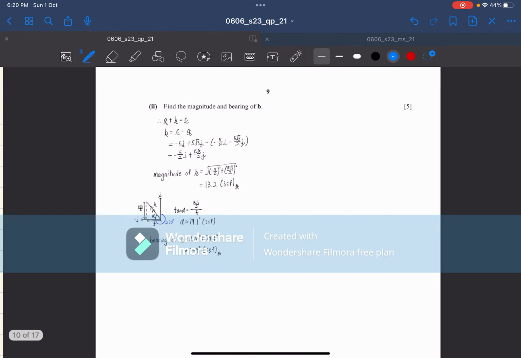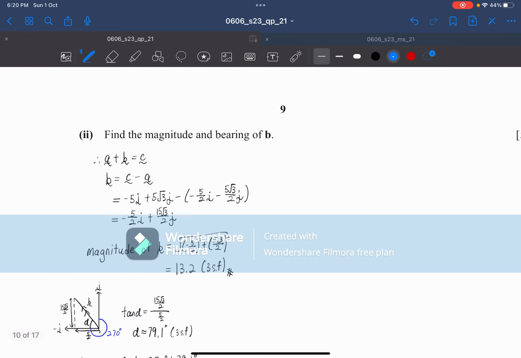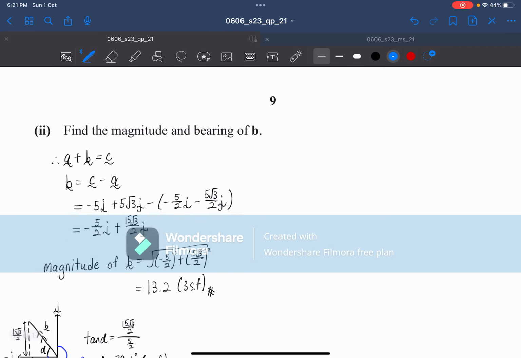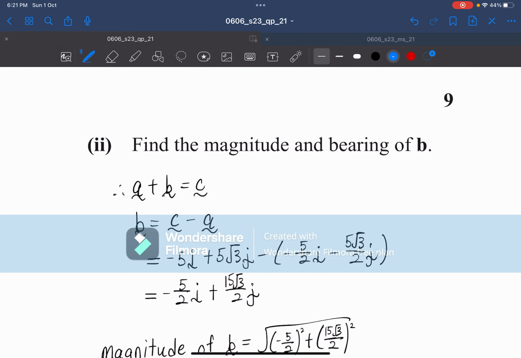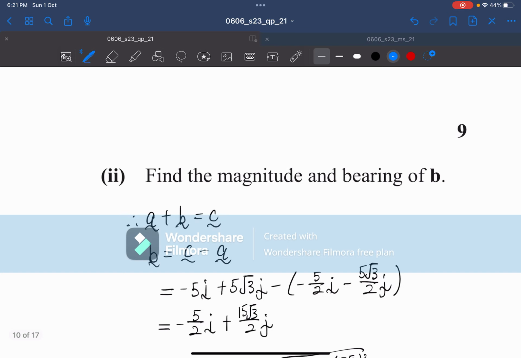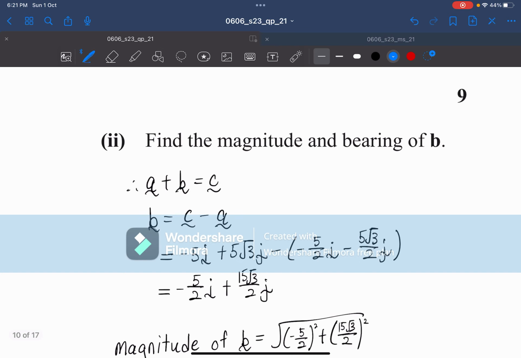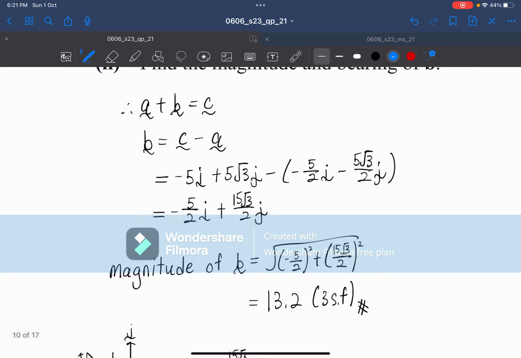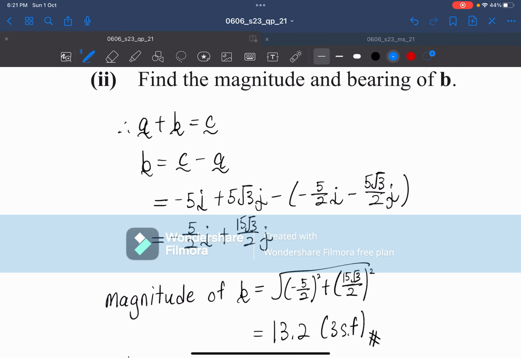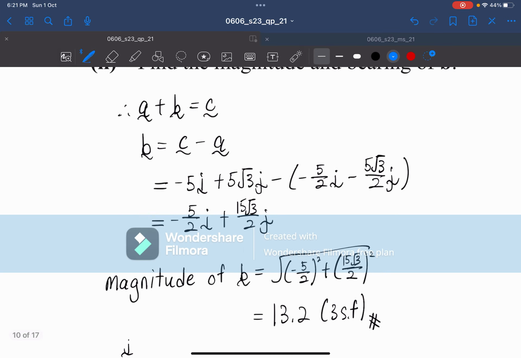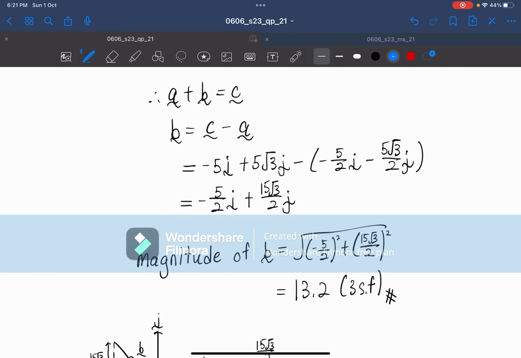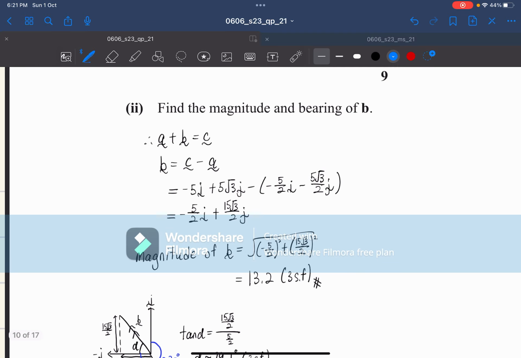Okay. And all right, so find the magnitude and bearing of B. The question already gave us that A plus B is equal to C, the vectors. So we just rearrange it and solve it, and that's how you get B. So this is the vector of B. And once you get the vector of B, the way you find the magnitude is just finding distance pretty much. So just use the distance formula, and you get 13.2 rounded to 3 significant figures. And to find the bearing,